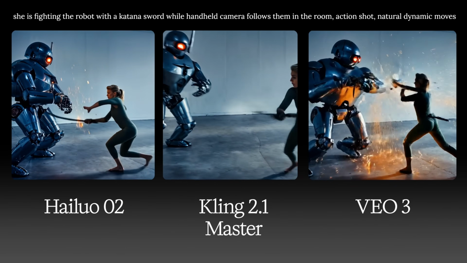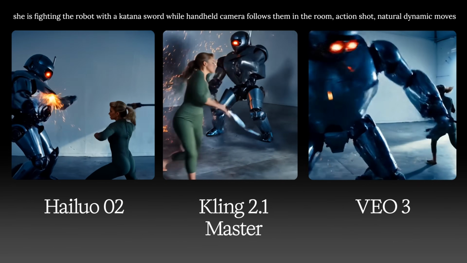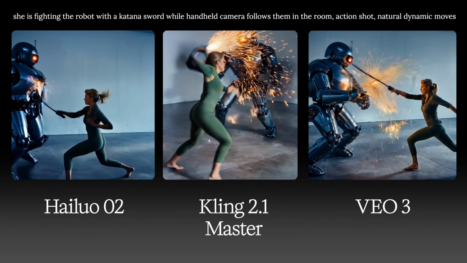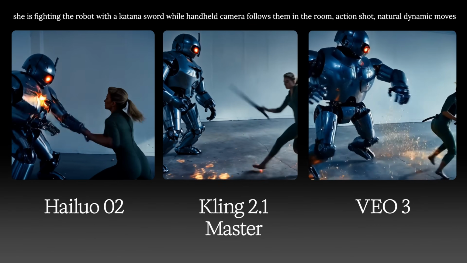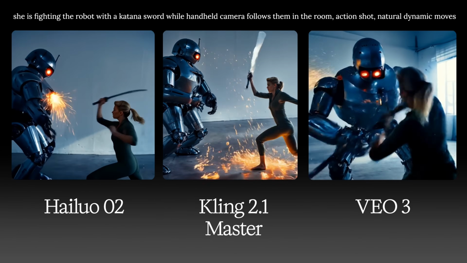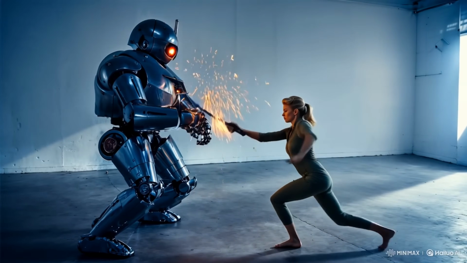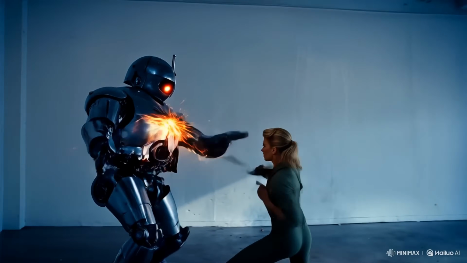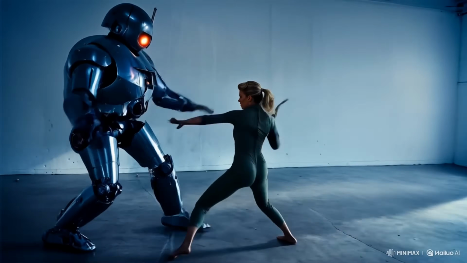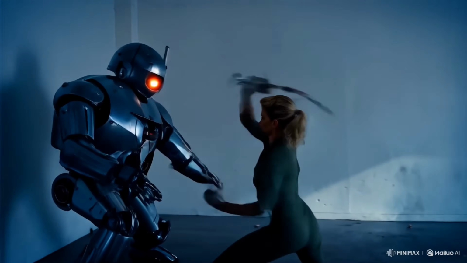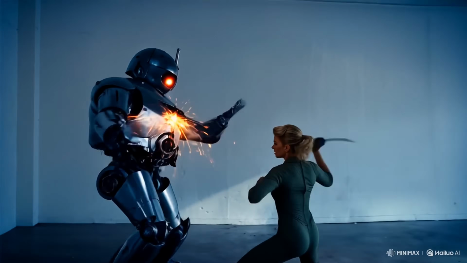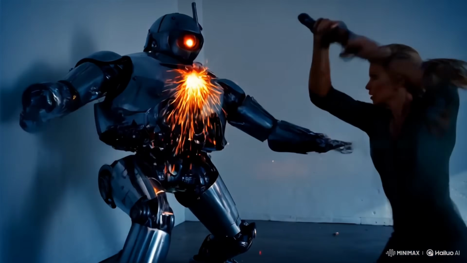In the next shot, we have the nemesis of all AI video generators: fighting with a katana sword. This is very difficult for AI video models. It's hard to render a katana sword, generally swords or people holding objects, and yet you are adding a fighting element on top of this. Starting with the Hailuo result, I think it did a really good job again. Hits look very natural. It looks like she's really hitting the robot with the katana. Morphing is super low. And with every hit, you can see that the robot is also reacting,